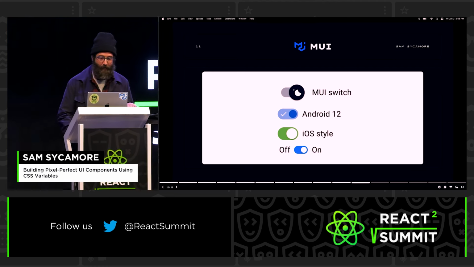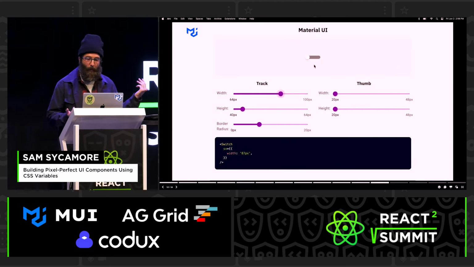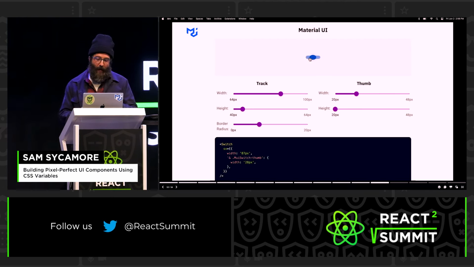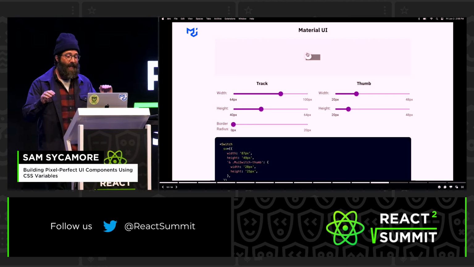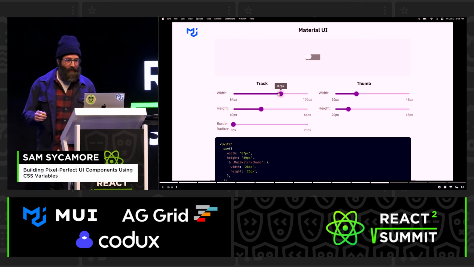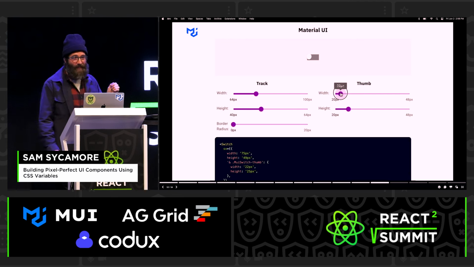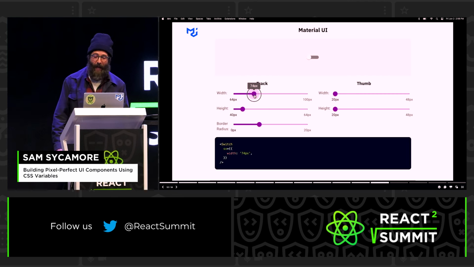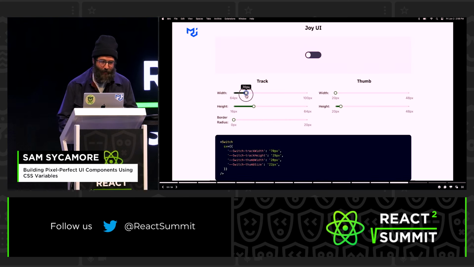the Material UI component. For instance, if we need to change the width of the track here, well, then that throws the thumb completely out of whack because it doesn't know the length of the track. And if I try to change the size of the thumb, well, that messes up its path as well. And don't even get me started on border radii. If I need to adjust the rounded corners, it's not as though I can simply pass the same values to both pieces. No, of course not. I have to do math to calculate the precise curvature. And I don't know about you, but I did not sign up for this line of work to do math. No, thank you.